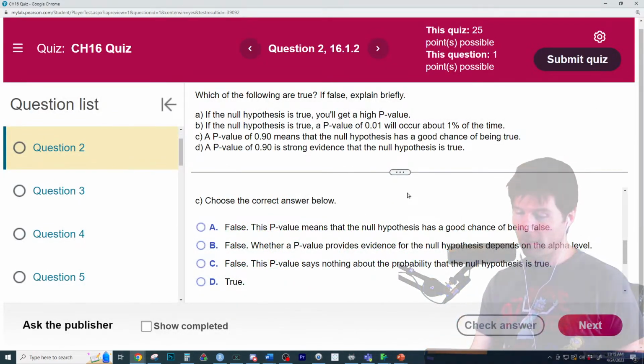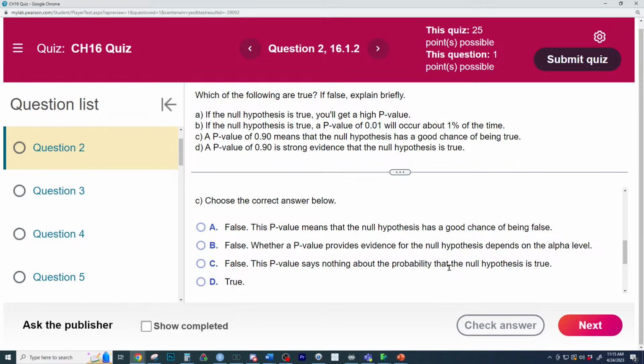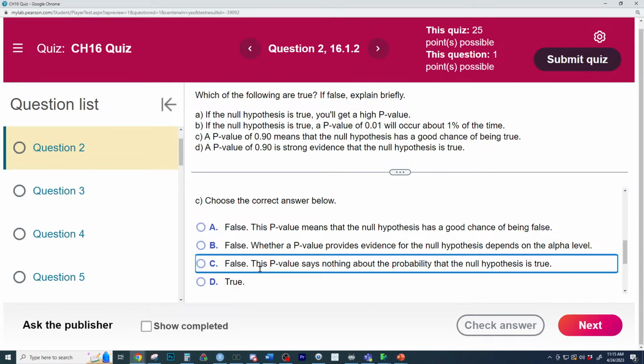So I think they're getting at that right here with this option, and this is a decent way, but they're trying to point to people thinking it means the null is true. No, it means what we saw. Oh, they should expand. If that's the answer, they should have expanded. Whether a p-value provides evidence for the null, no. The p-value says nothing about the probability that the null hypothesis is true.